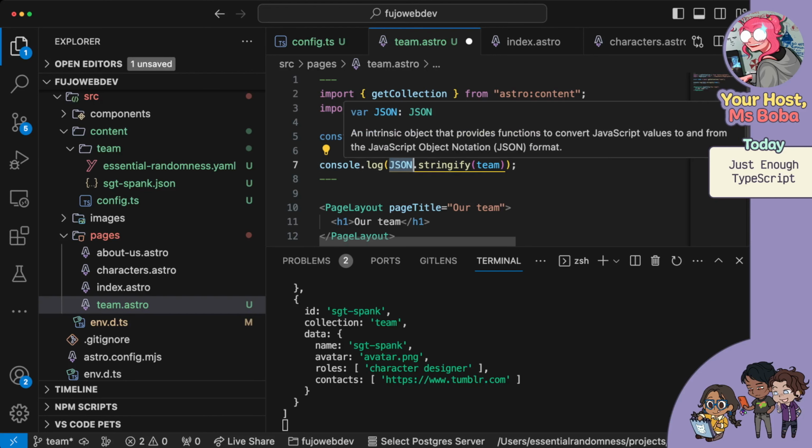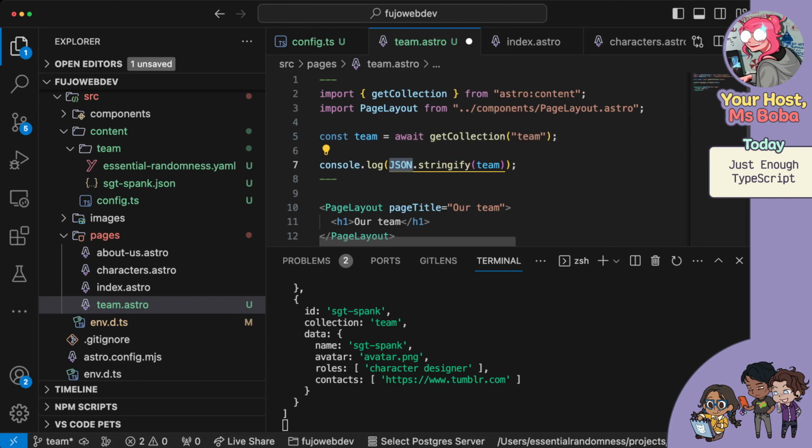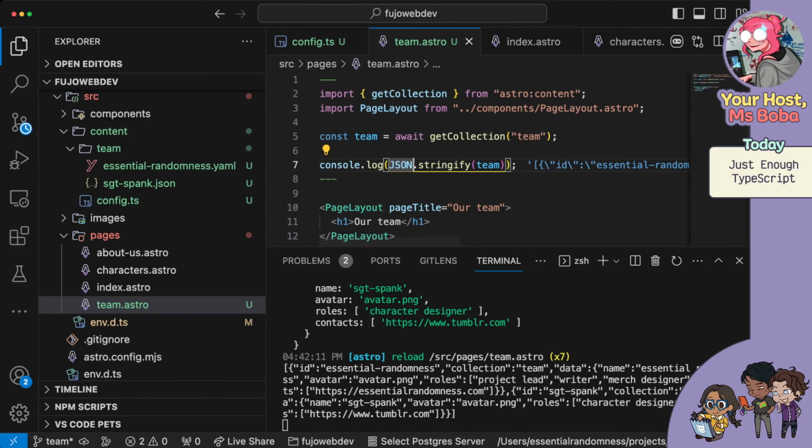JSON is a global object that has an intrinsic object that provides functions to convert JavaScript values to and from the JavaScript Object Notation format. So this is basically telling you it's a global variable, and it contains methods to work with JSON and JavaScript objects. And this one, stringify, takes the objects and turns them into a string. So you see now, this is literal text